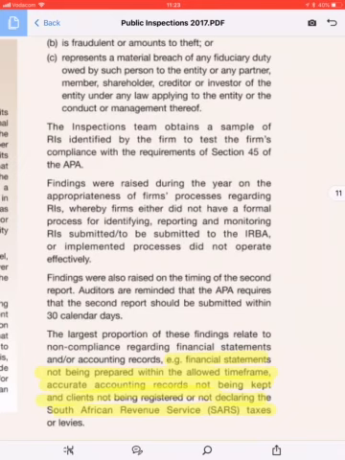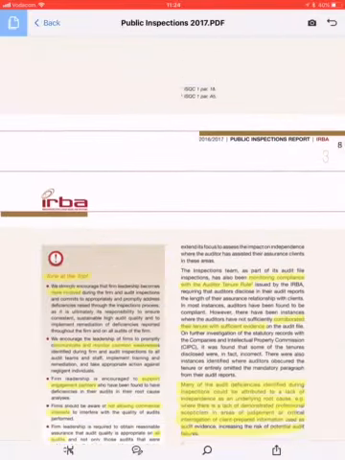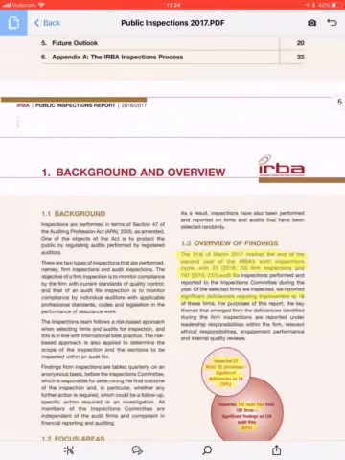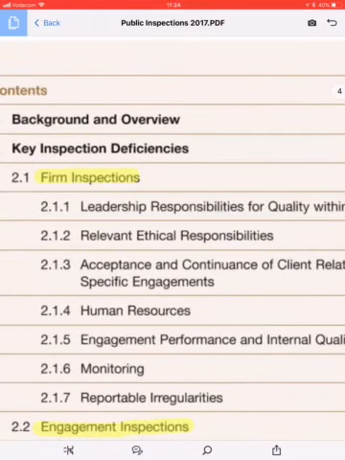Then some people don't keep accurate accounting records, and that has not been declared. So this is, as far as this section is concerned, the section dealing with the firm level review of the IRBA. We dealt with the 7 sections on the screen now. Leadership responsibilities, that's the tone at the top. Relevant ethical responsibilities, mainly to do with independence, acceptance and